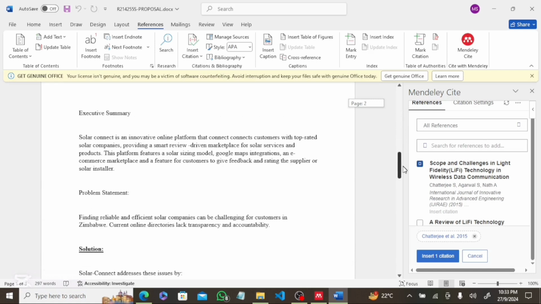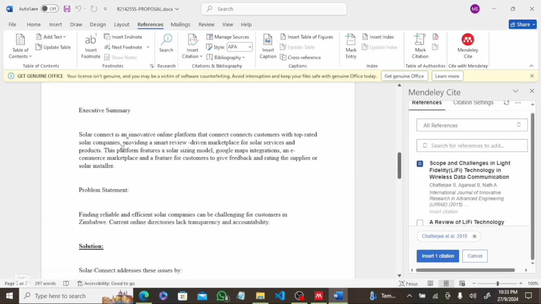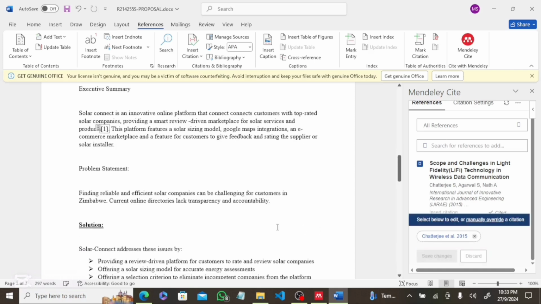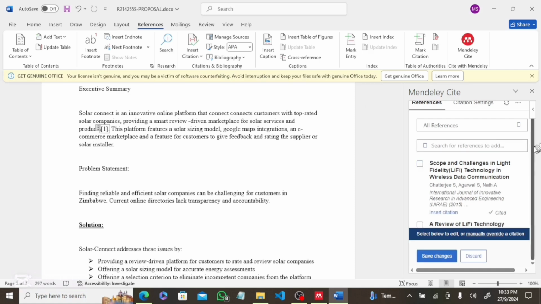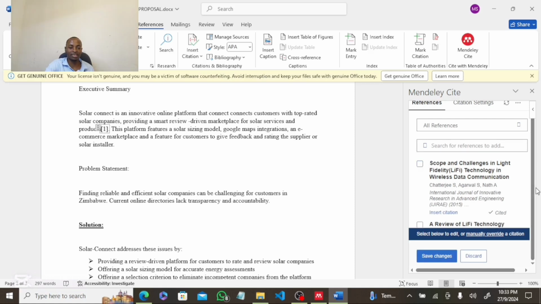So let's go back to the references, and then let's say I want to use this citation. Okay, this first one, I'll just navigate to the place where I want to use the reference first, and then put a cursor on that. Then I need to click on insert one citation right there. After you've clicked it, you have seen that it has appeared. That's it right there. Okay, so when you want to add another citation,